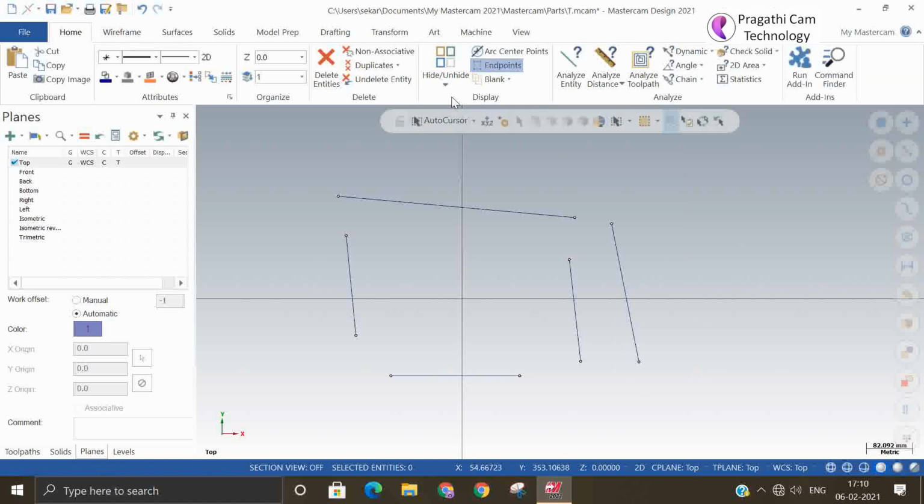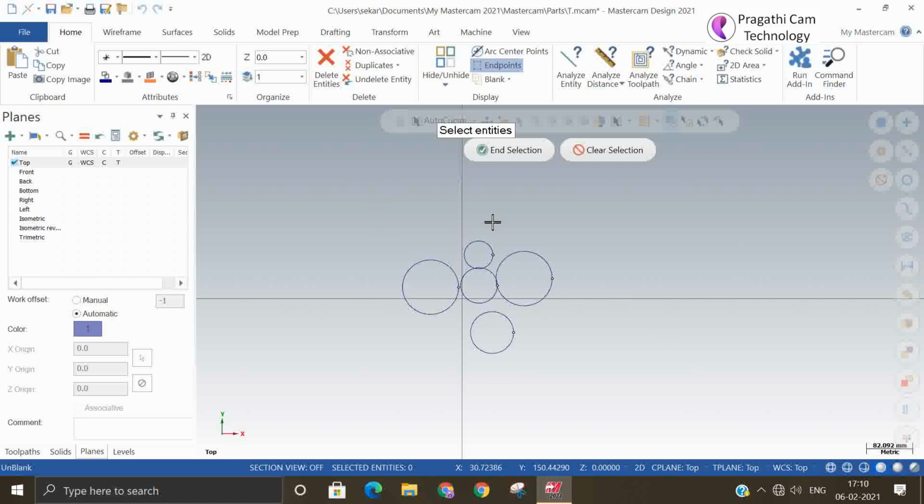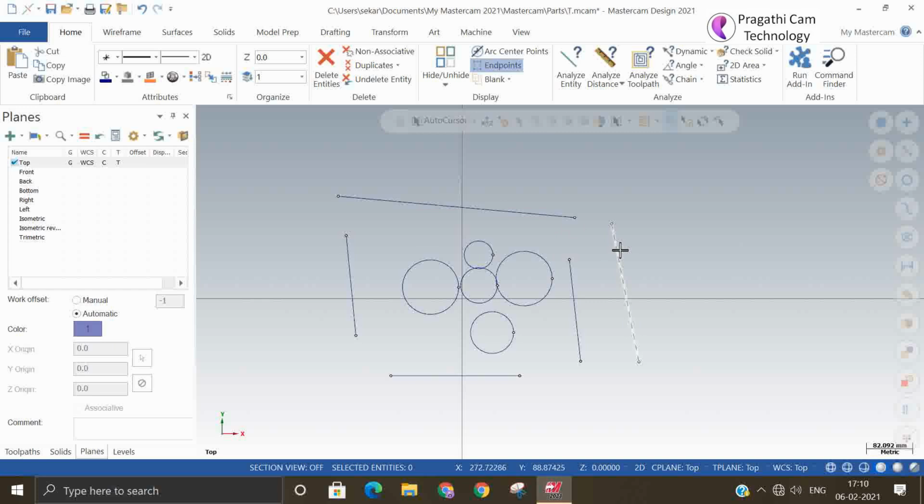You can unblank it. To unblank, you need to select it, then only it will unblank. This is the blank and unblank.